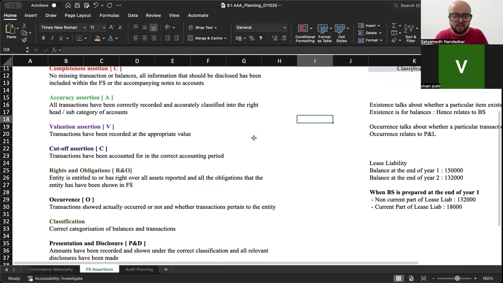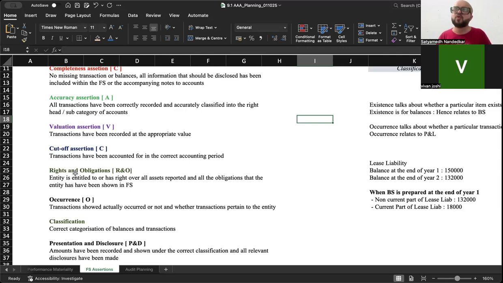Then the cutoff assertion P&L में ज्यादा आता है, not so much in balance sheet, but then you have the rights and obligations assertion। Right, मतलब हक, it is mine, these earphones are mine। How do I know? I have a bill। When I purchased these earphones there was a bill in my name, वो bill पे लिखा था मेरा नाम सत्यमेव नांदेड़कर, which proves the fact that these are my earphones, I have a right। Obligation means a promise that I have made for paying a certain amount in the future। So if I show a long term loan of 12 crores, that is my obligation। And how do I know it is my obligation? The loan agreement is in my name, उस पे लिखा है 12 crore।